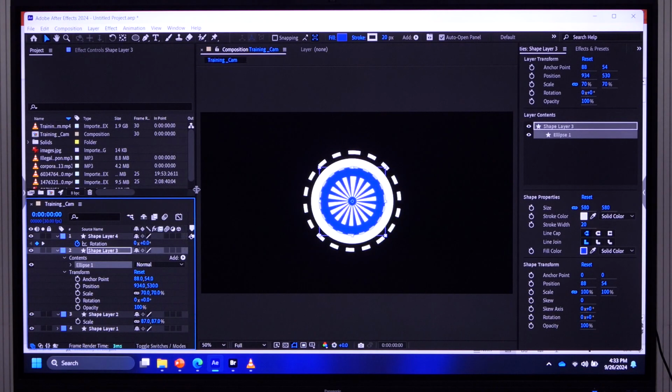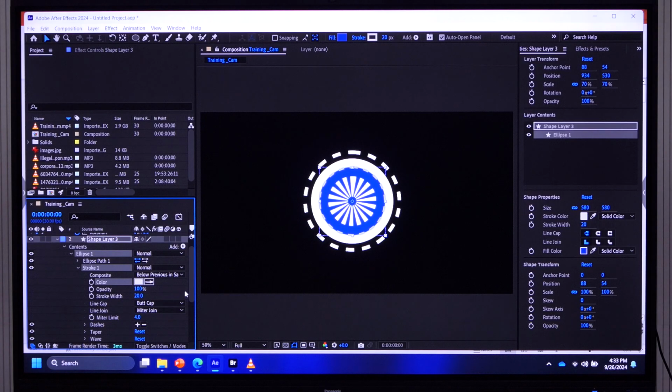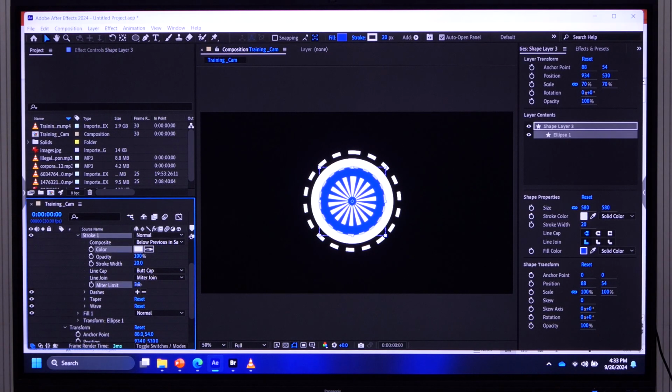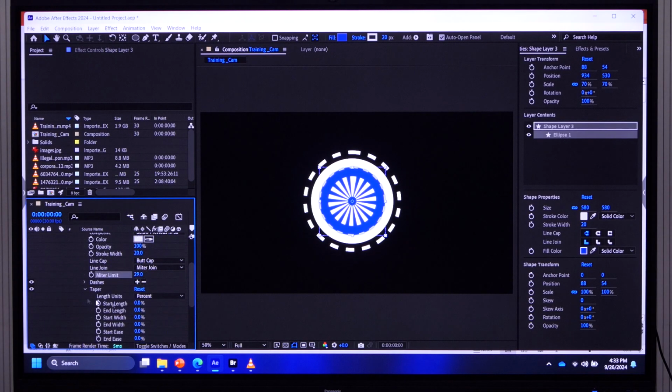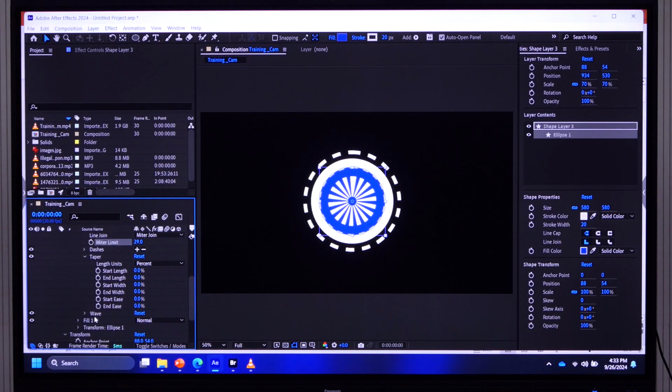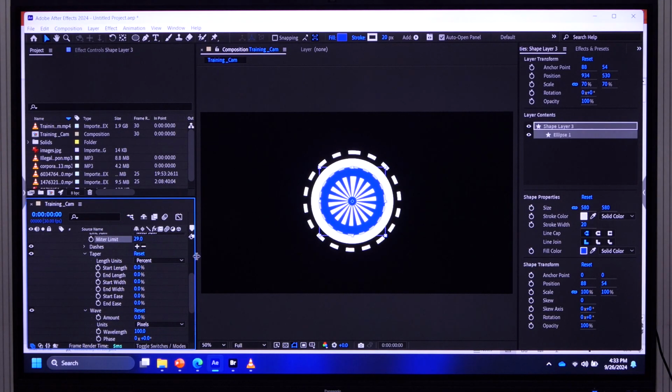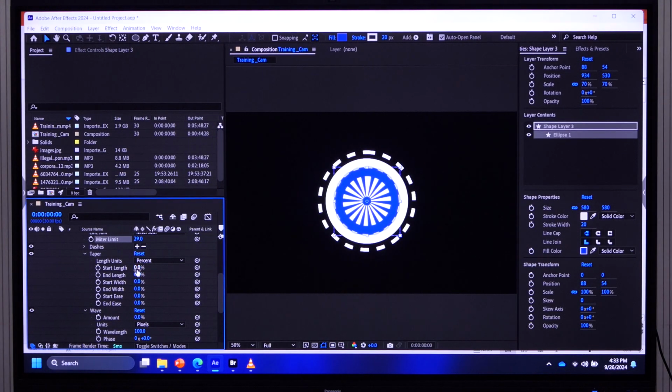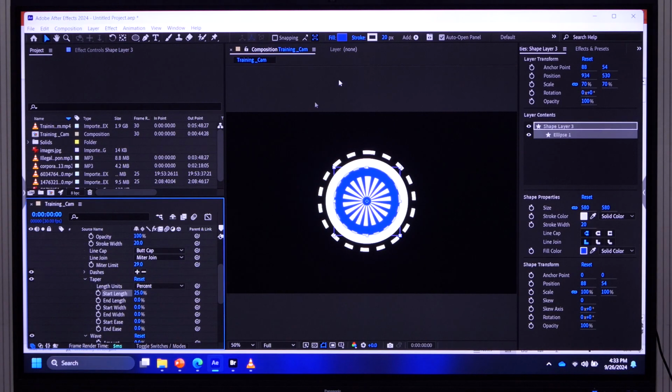Like I'm doing something, we will get something interesting. I have this gray color of dresses. Go to stroke. You have taper option and wave option. So how will taper work? I'll increase the width of stroke. Then you can see,